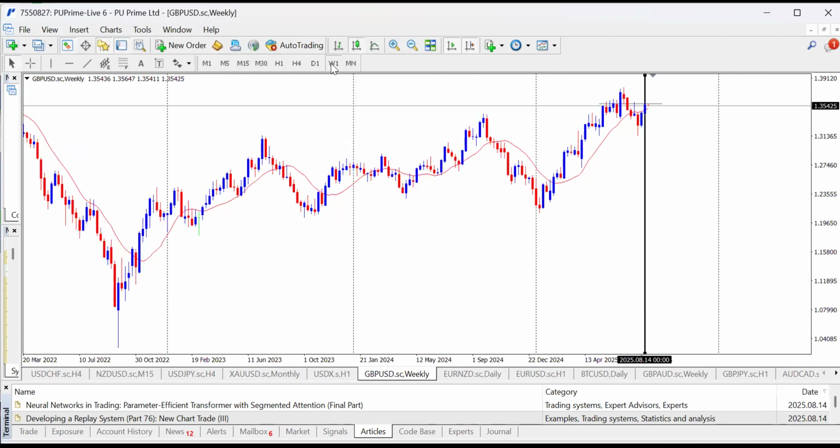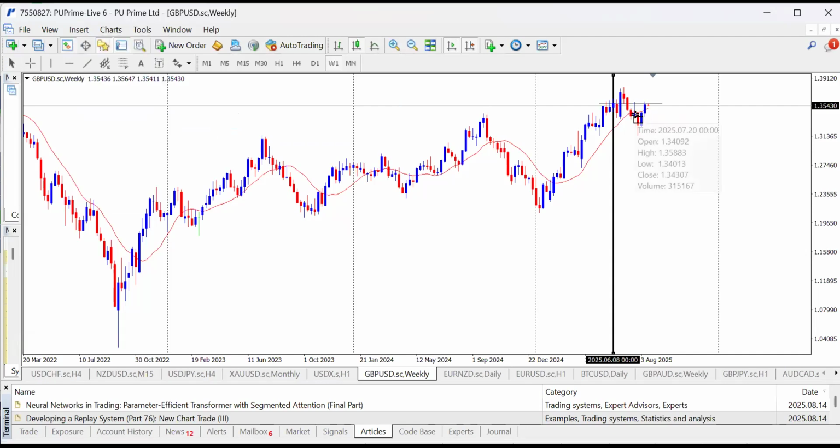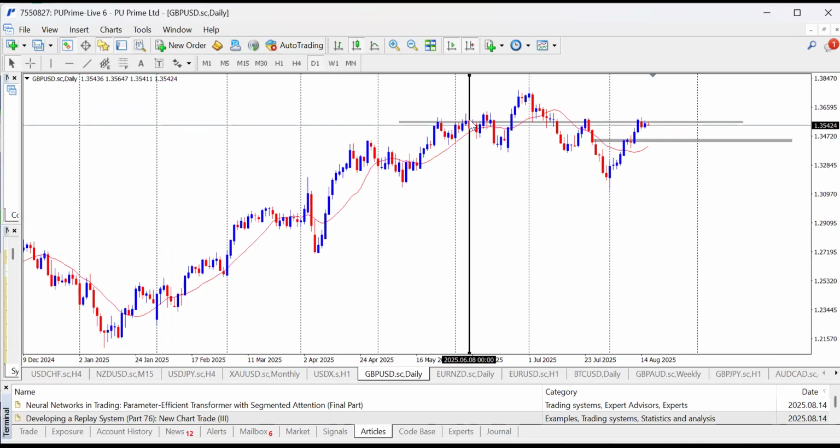So I'm going back to weekly time frame. Where are we headed? We are heading towards here, right? So this is my first zone. If you are selling, this is my first area where I will look, because the truth is the trend is still bullish. We've not seen a tangible reversal on 4 hours time frame. So this is my support area.